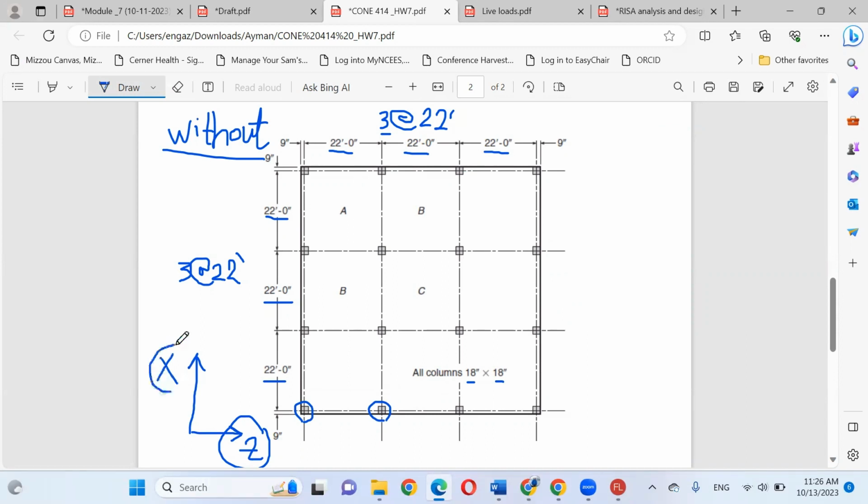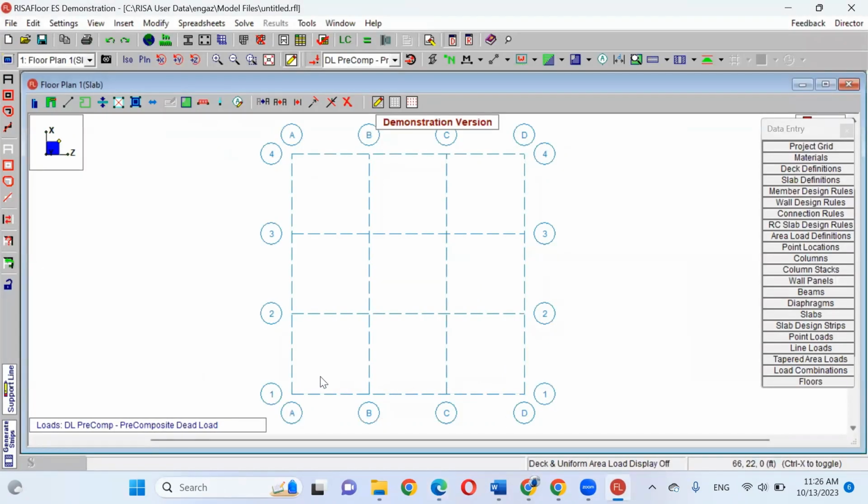I divided in X, which is this direction, 3 spacings every 22 feet. So we have 3 spacings, 1, 2, 3, and every spacing is 22 feet. Does that make sense? Very easy. In a second, whatever you have, we can do it.